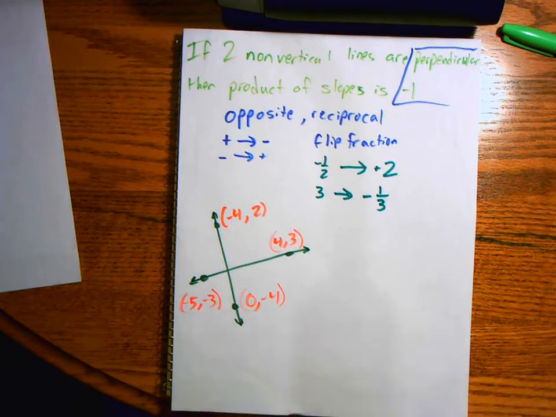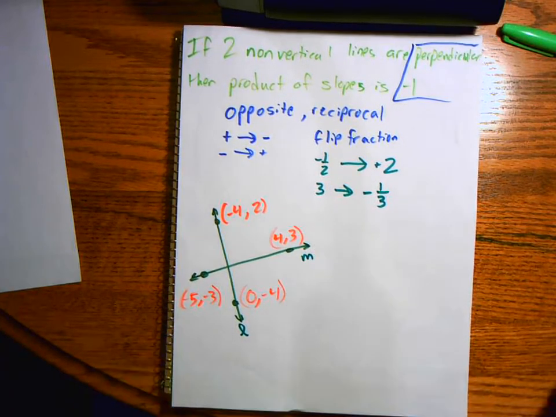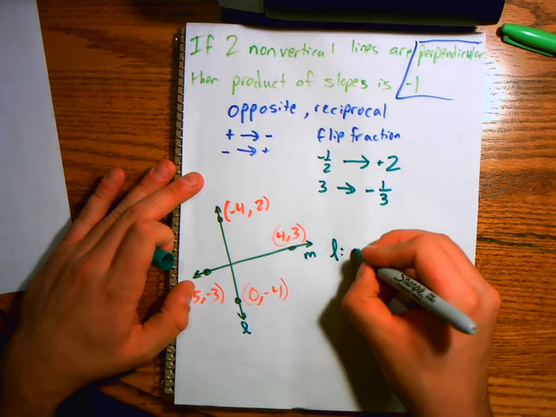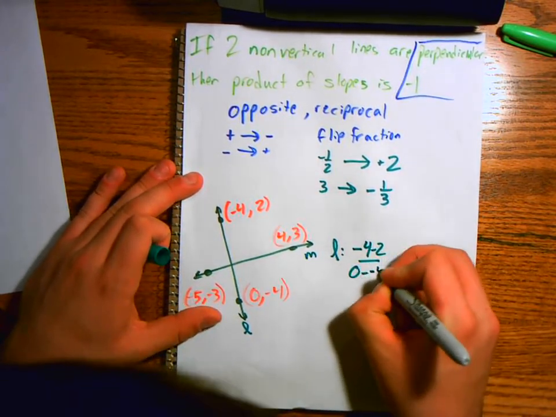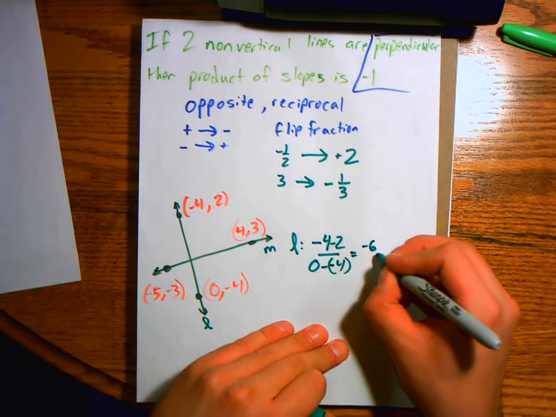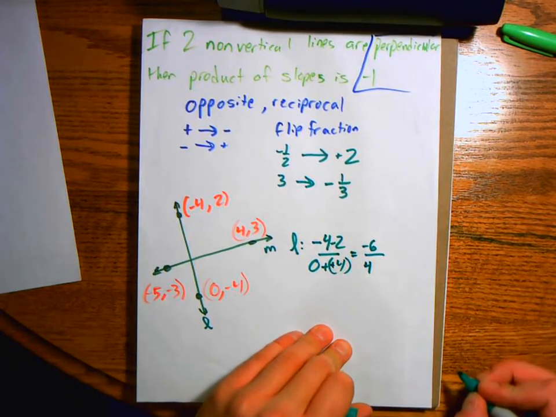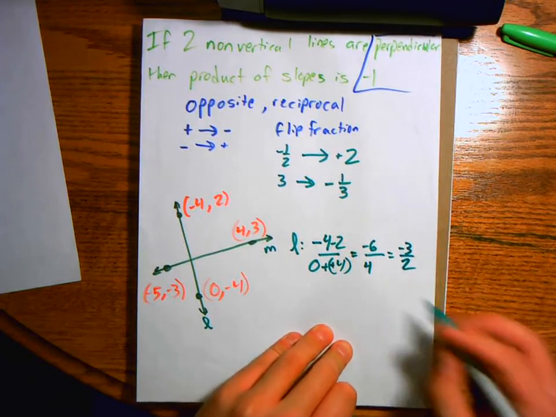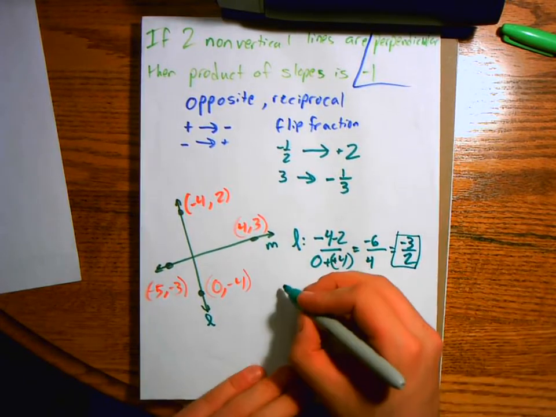Now if we're looking at finding perpendicular slopes of these two lines, finding the slope of L, we take the difference of our y's and divide it by our difference of our x's. -4 minus 2 is -6, and 0 minus a -4 gives me a +4. Simplifying this fraction, we can divide both of them by 2 to get -3/2 is the slope for line L. Slope for M,